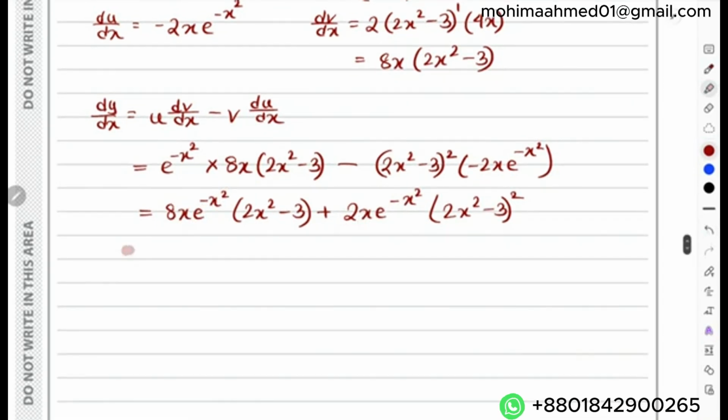So you can take 2x e power minus x square, and then you'll be left with 4 times 2x square minus 3. We can also take 2x square minus 3 as a common factor, since you have 2x square minus 3 whole square over here and a single one in the other term. So basically, you'll get 2x square minus 3, and then inside the bracket you'll have 4 from the first term, and after that you're just going to have